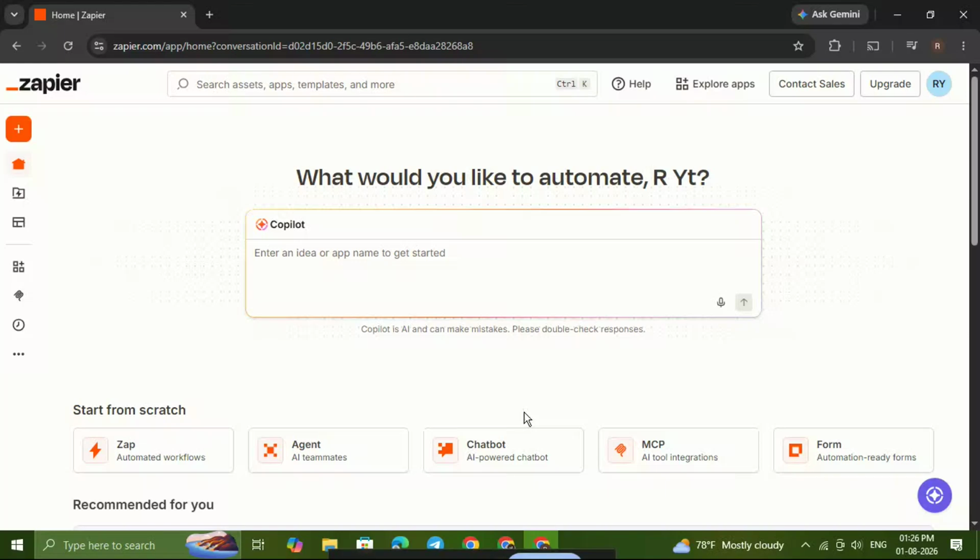In this video, I'm going to show you how to automate Gmail to Google Sheets in Zapier step by step so you can save time, reduce manual data entry, and keep your emails organized automatically. This is a great workflow if you want incoming Gmail messages to be captured in a spreadsheet without copy and